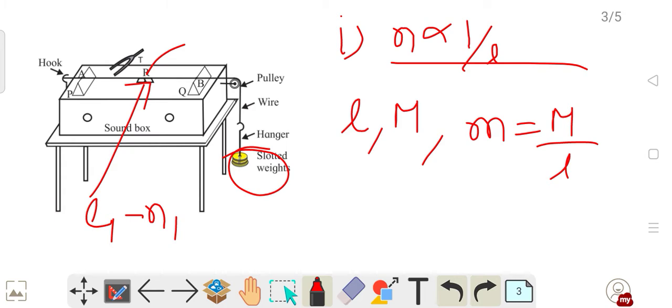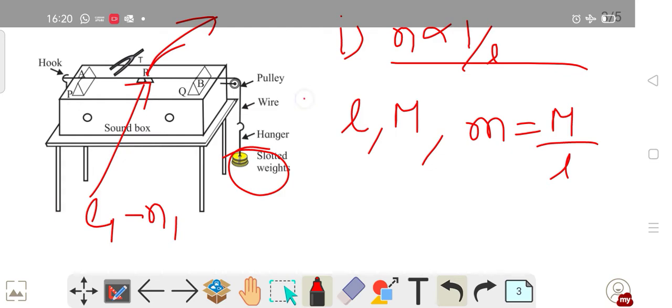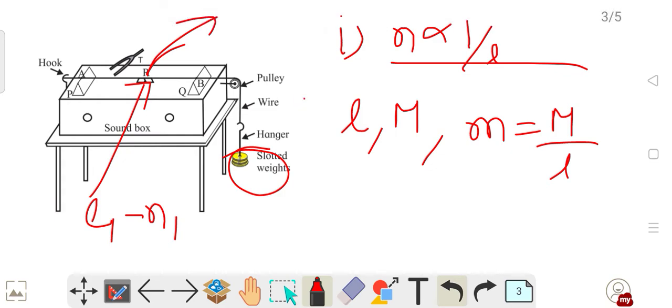So the stem of the tuning fork is held in contact with the sonometer box, and by changing the distance between the bridges without disturbing the rider, I will try to match the frequency. Now when the frequency of vibration of the wire becomes exactly equal to the frequency of the tuning fork, the wire will vibrate with maximum amplitude, because that is the condition for resonance. And when this happens, this rider paper will be thrown off. This is the thing that I have to do.